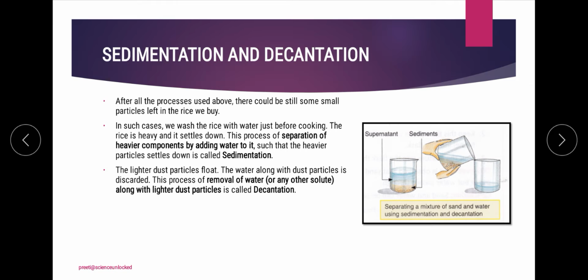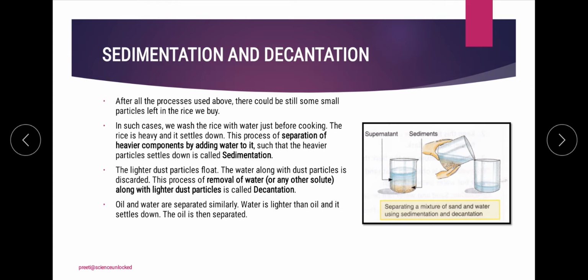This second process is considered decantation. While doing so we have to be very careful that we do not allow the mixing of the two, and that we only take out the supernatant and not the sediment material.